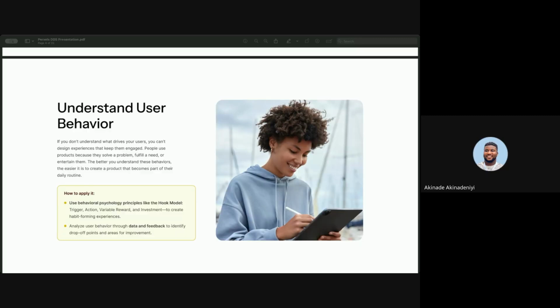TikTok also does a very good job with this. So when you open TikTok, you don't have to search for content. In fact, even if you download it the first time, they have this For You page that immediately shows you highly personalized videos. And it makes you instantly engaged. The unpredictable nature of what will come next creates a sense of excitement.